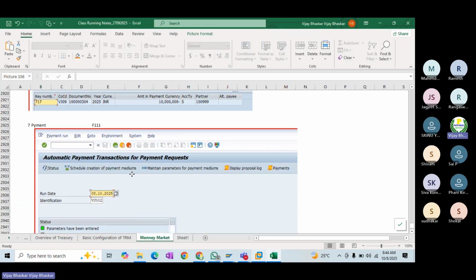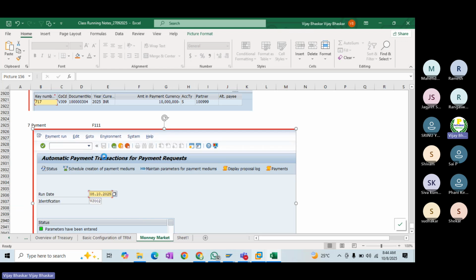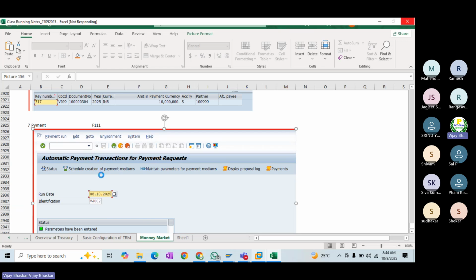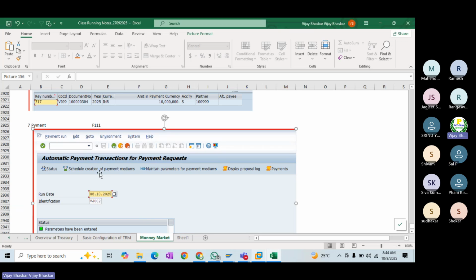Okay, now the payment has happened. Once the payment happens, what would be the next step? We need to perform the accrual deferral. Yesterday somebody raised a query: Sir, in case the deal is created in between the month, and the settlement happens in between the month, then what will happen? That could be the reason.